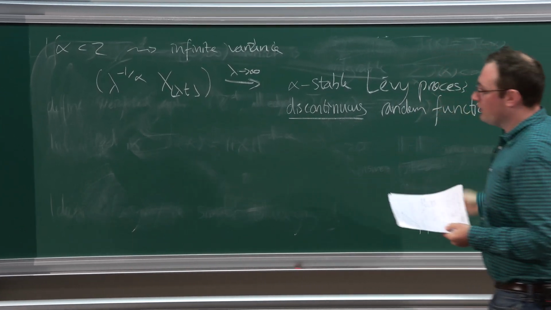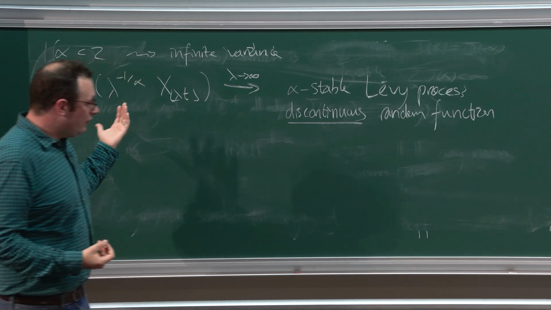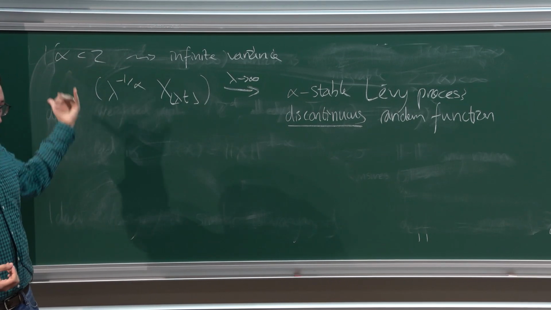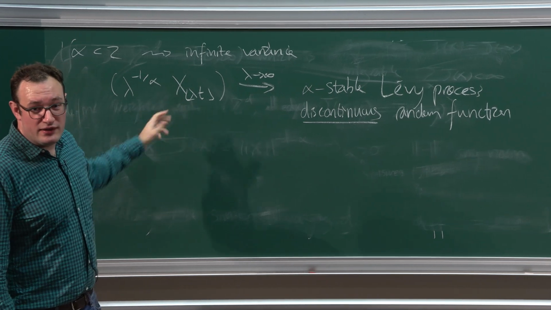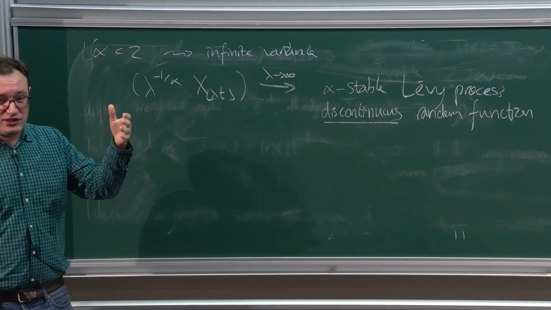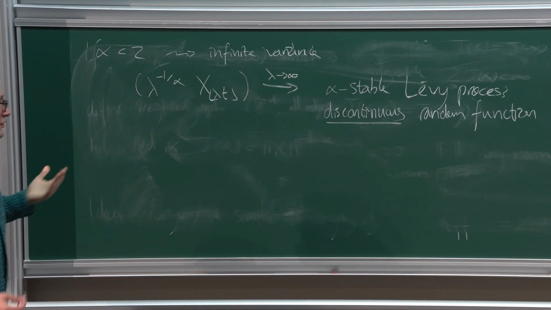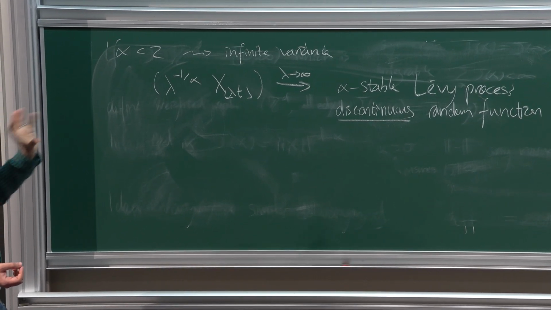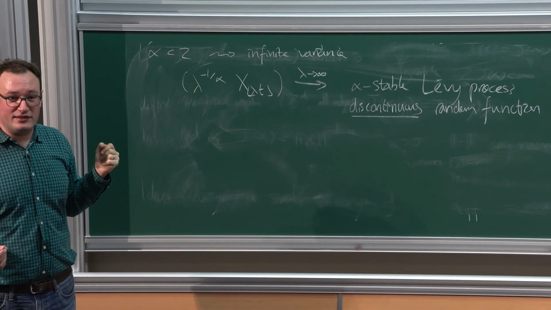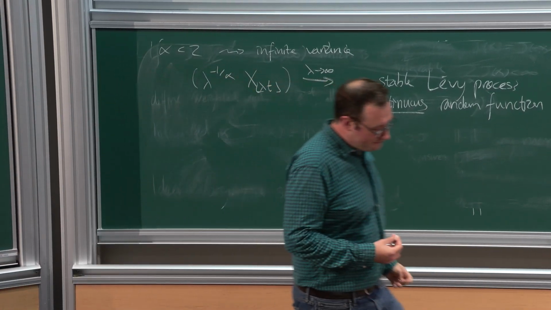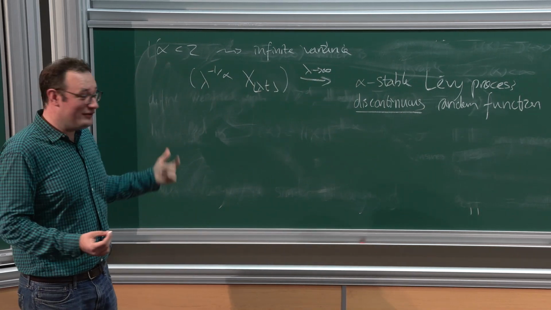So it's what's sometimes called a jump process, right? And basically, what happens is that when the kernel is heavy-tailed enough, if you look at the largest jump the random walk makes by some time, it's actually of the same order as the total displacement. Okay, so you really see the largest jumps macroscopically in the scaling limit, and that's why you get something discontinuous. Okay. Now, finally, of course, you can ask about, well, what happens when alpha is equal to 2?